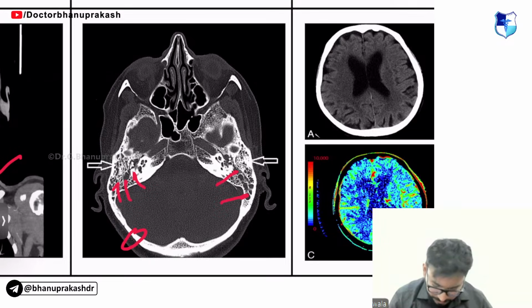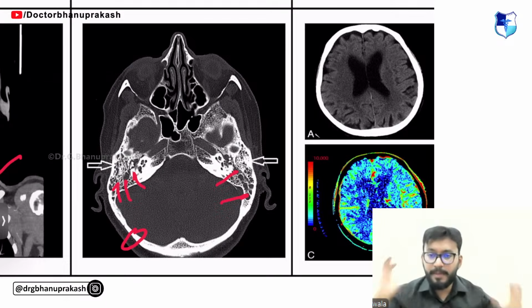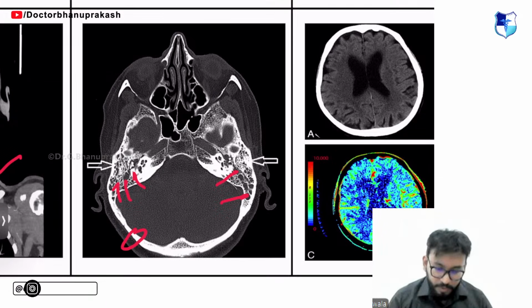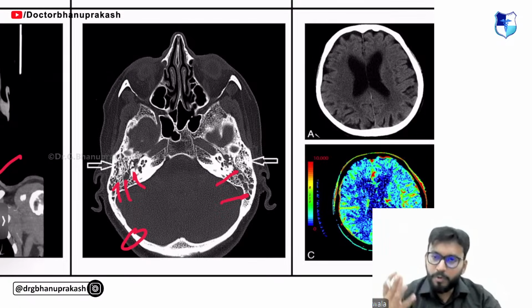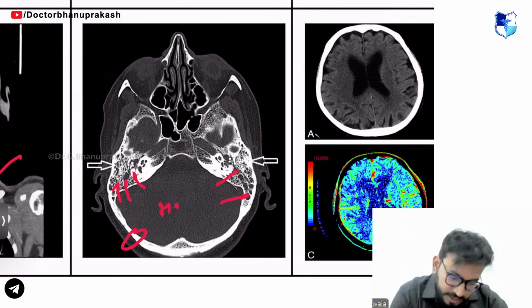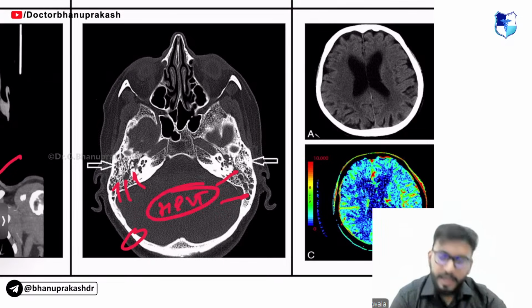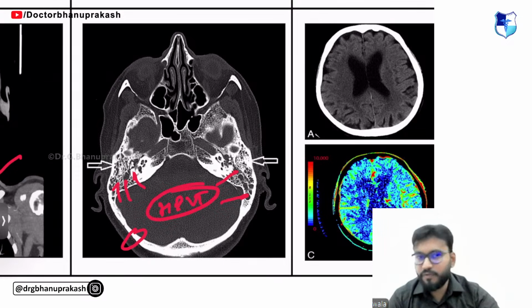Yes, this is your temporal bone, guys. Can you see all those air cells, the mastoid air cells, and all of those things? Can you see the black part? So for temporal bone, for middle ear, for inner ear, you do an HRCT. This is an HRCT, a high resolution CT of the temporal bone.